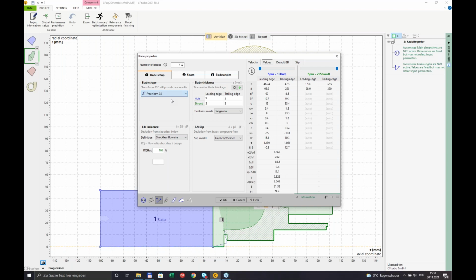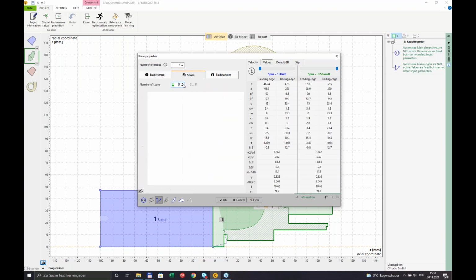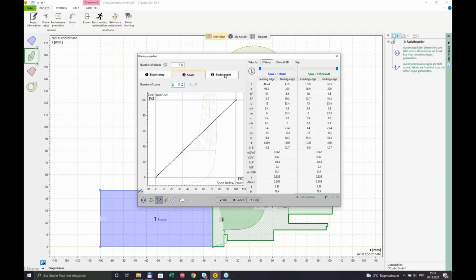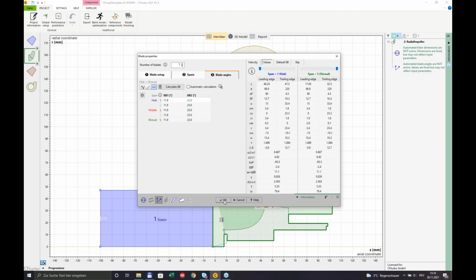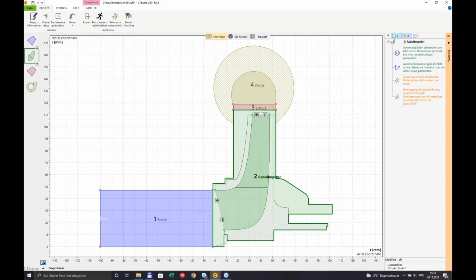So I could change it to freeform 3D, increase the number of spans, and then if I press the OK button, there would be an update, and if I do not make it too bad, then the 3D geometry could be generated. I did probably a bit too much. That's why on the right hand side some warnings may occur, but still the 3D geometry would be generated,